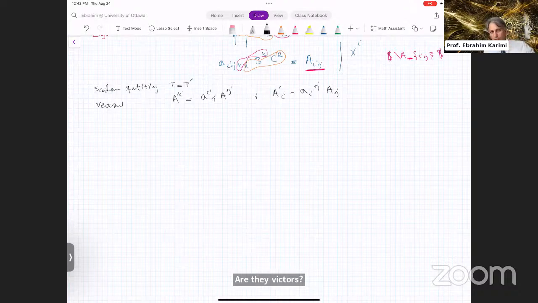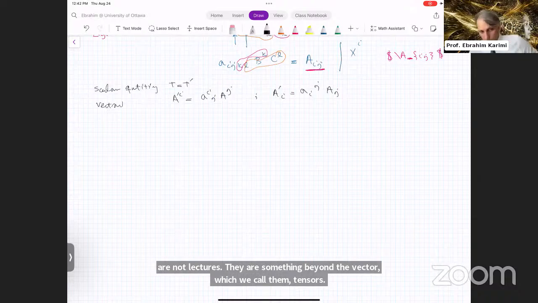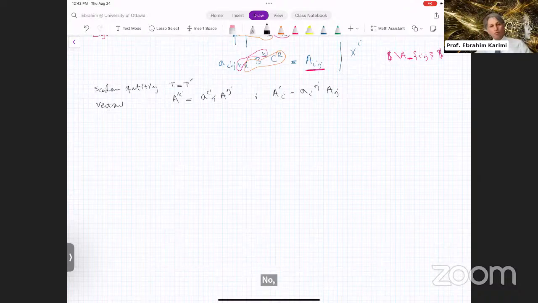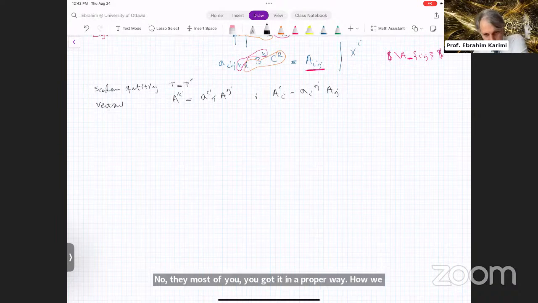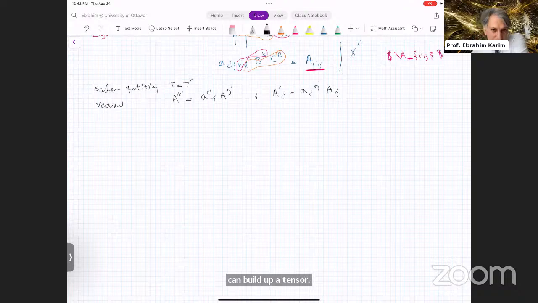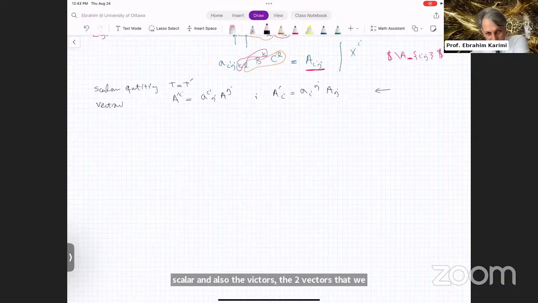They are not vectors. They are something beyond the vector, which we call tensors. No, most of you got it in a proper way. How can we build up a tensor? Indeed, the scalar and also the vectors that we defined are special cases of tensor. The tensors,